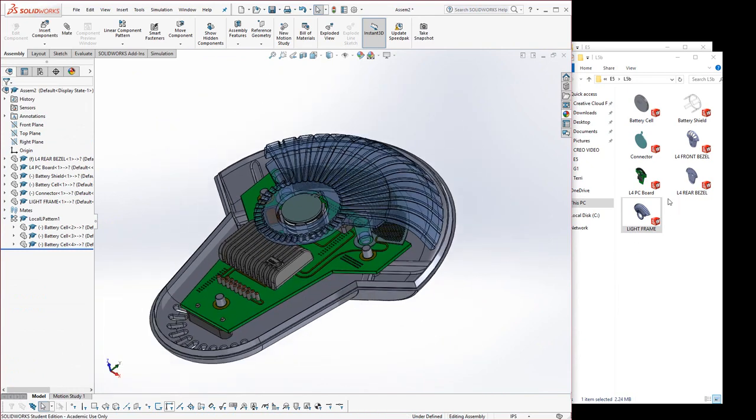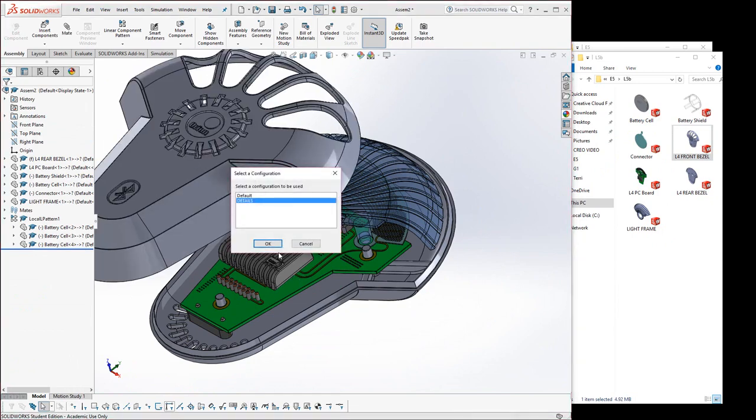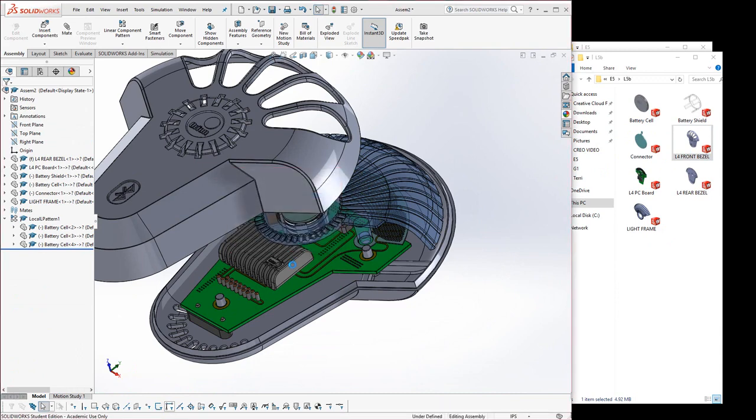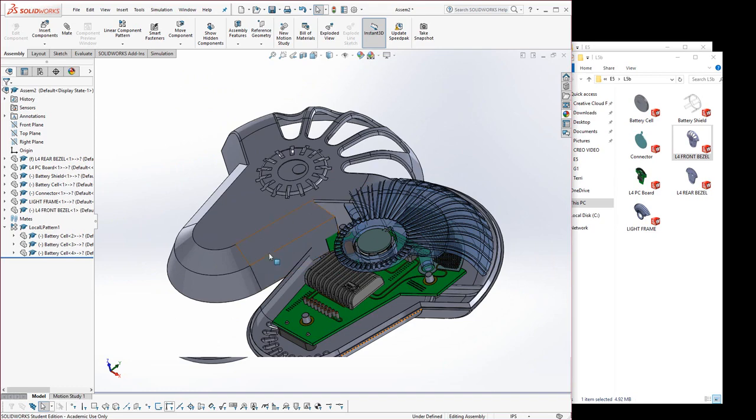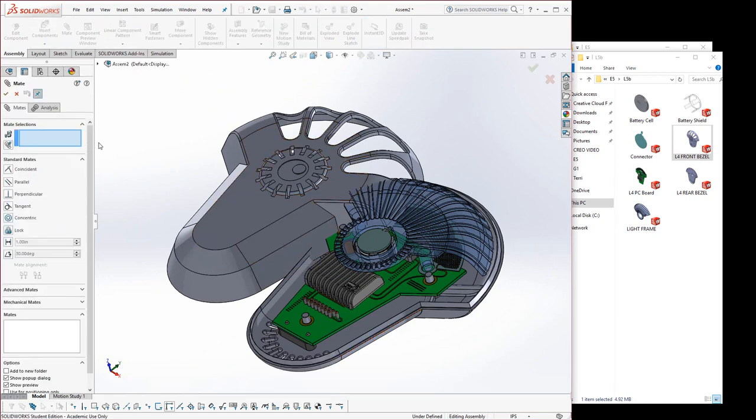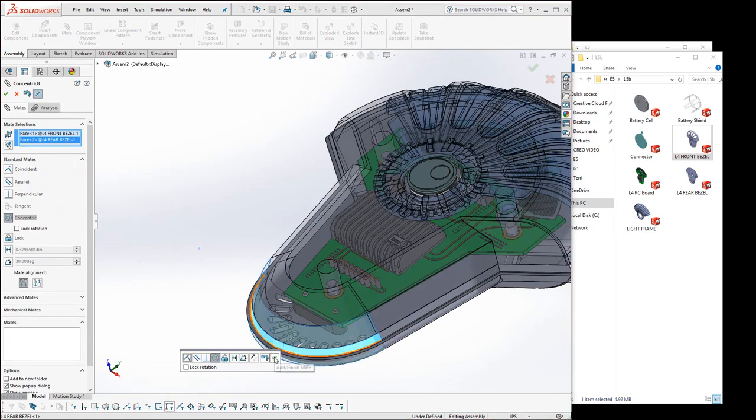And finally, let's bring in our front bezel. Now, you could actually bring in your front bezel done in the last week's exercise if you want. And in this case, I'm going to go ahead and bring it in as defaults. Here, the details have all the extra details, and it was for photorealistic rendering. I'm going to go ahead and hit mate, and I can mate this face to this, make those concentric,